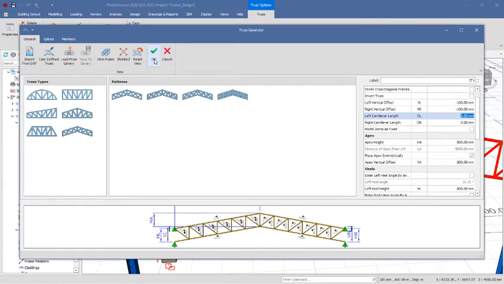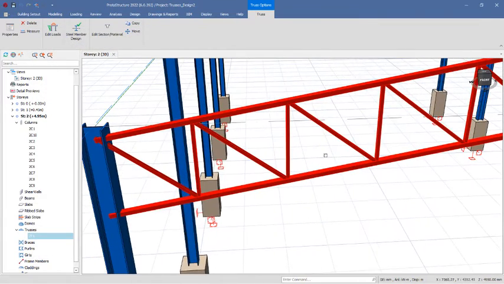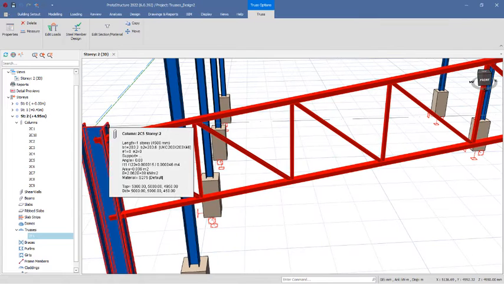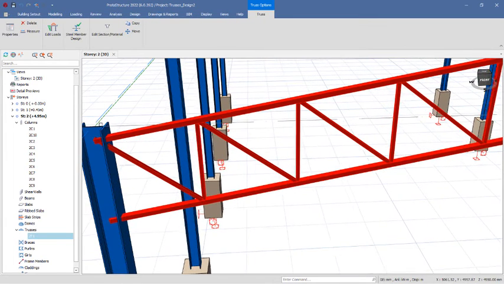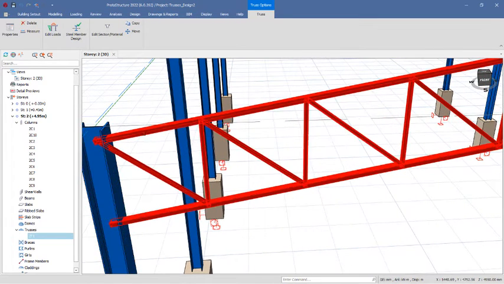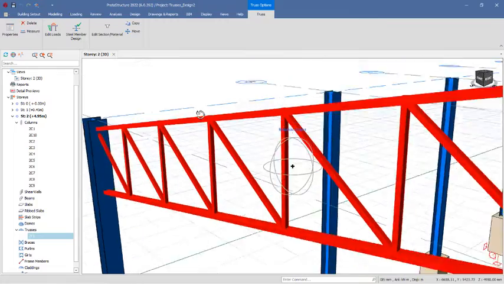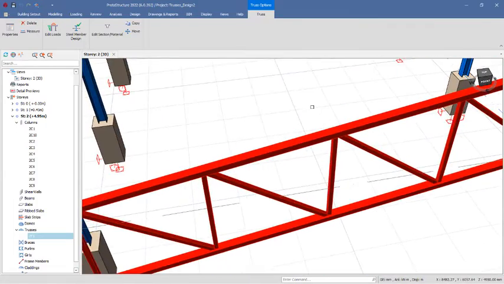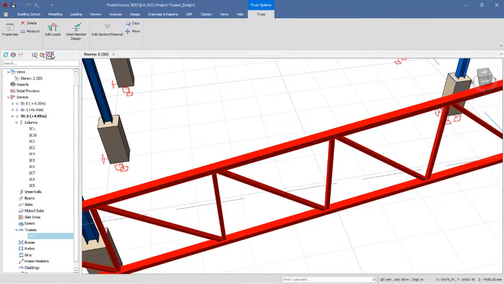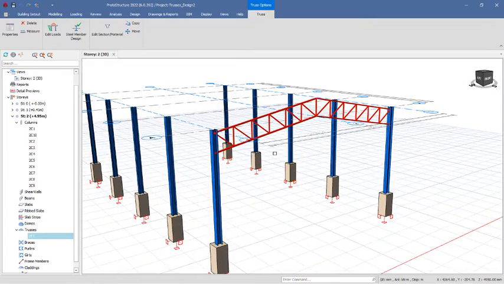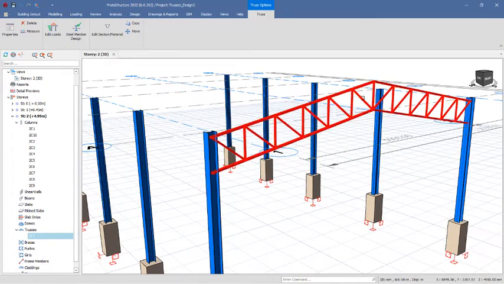So click on the OK option. You can now see there is a space between this and this, the space between the top of the stanchions and the top chord right there. Having done this successfully, the truss is now set for us to